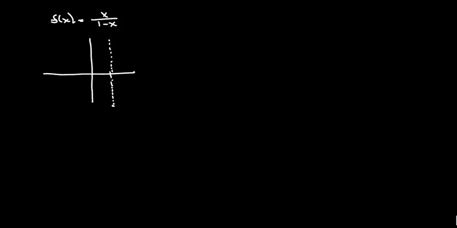Okay. And now our behavior, as we come into 1 from the left side, values are a little bit less than 1. This will be positive, but they're going to increase without bound. So this will be positive as I come into here. And 1 minus something that's just a little bit less than 1 will also be positive there. So I know that I'm coming upward